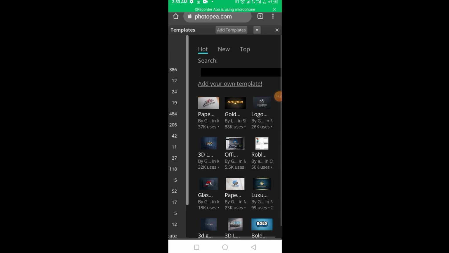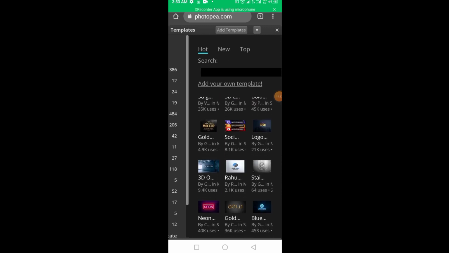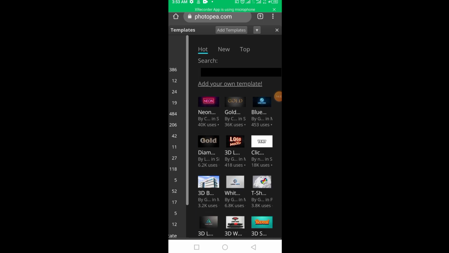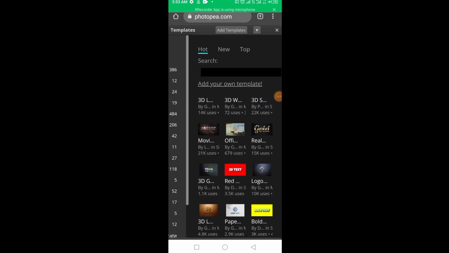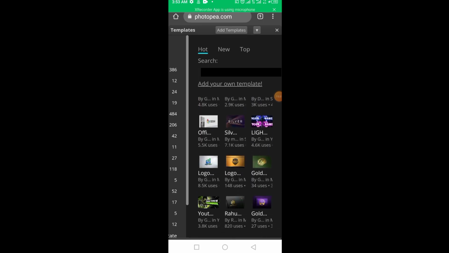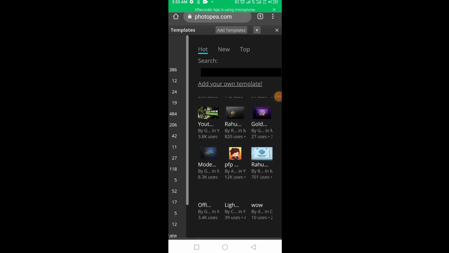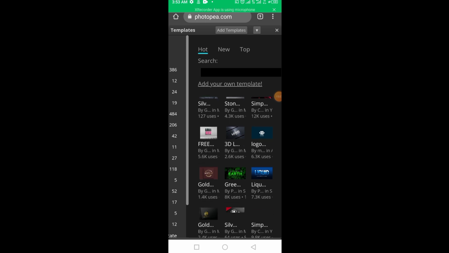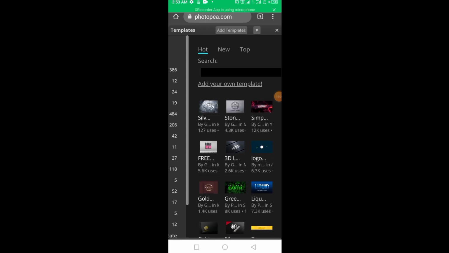Among the templates, you just look for something you can use among them here. You can see them here, right? So you can use any one of them here. Okay, so let's see if we can use something nice among them here. So now we're going to use, okay, there are a lot of them. All right, let's use this one. Let's use this particular one. Let's see how it goes. Click that one. So when you do that, okay, the next thing you're going to do is to click on